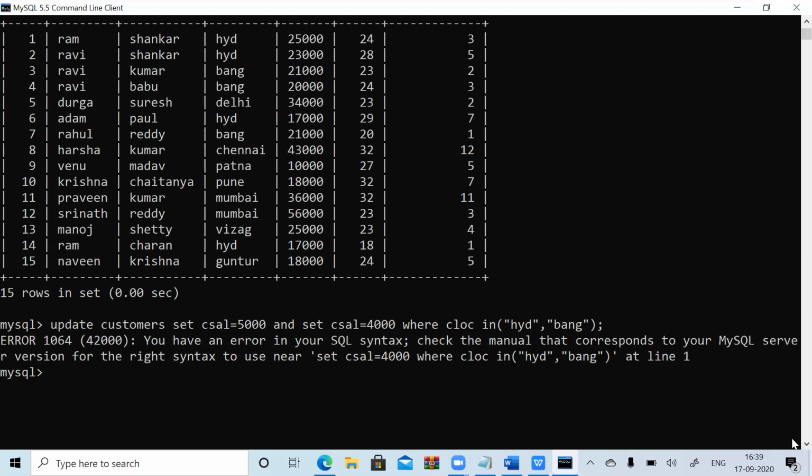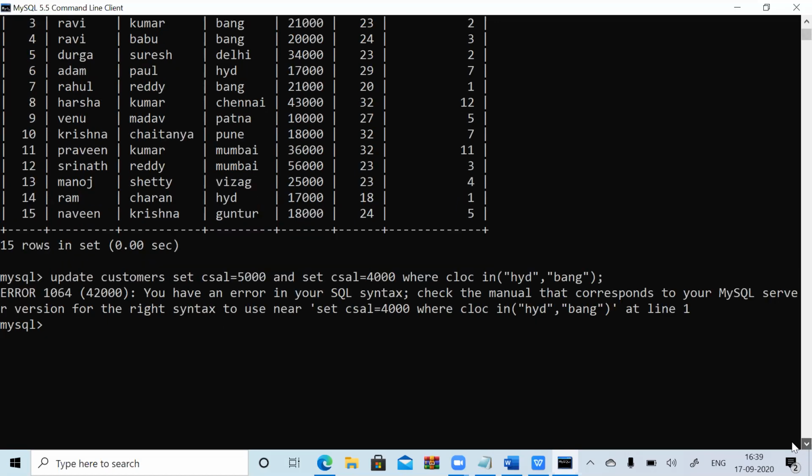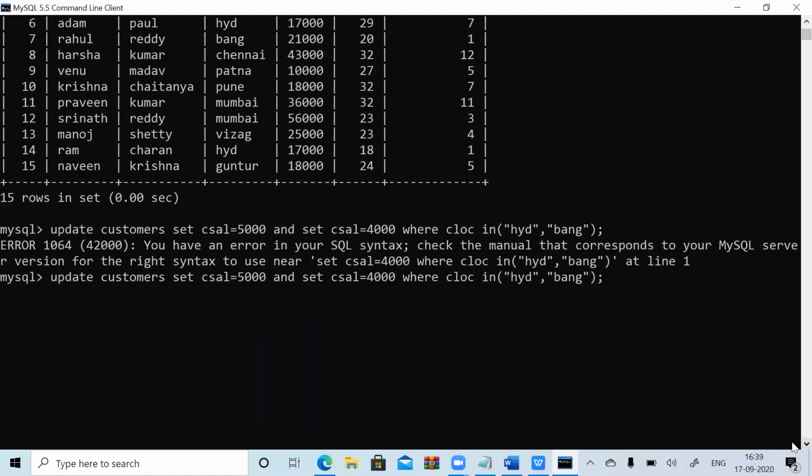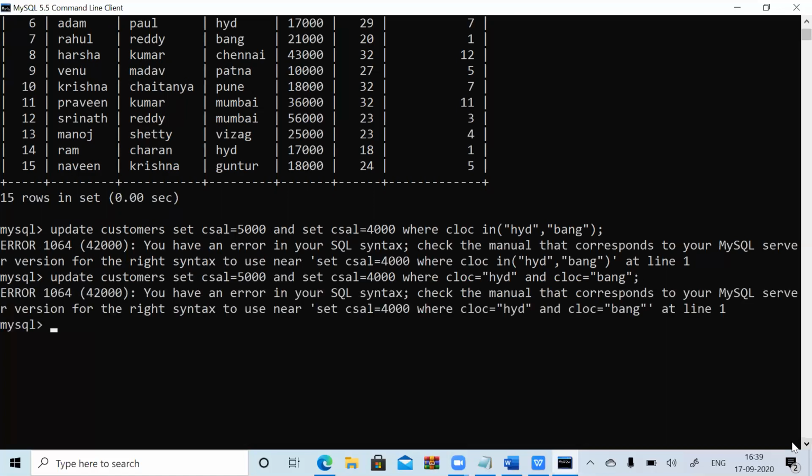We'll go with another alternative: where C location equal to Hyderabad and C location equal to Bangalore. Even then it is not performing. We can't perform multiple updations at a time.